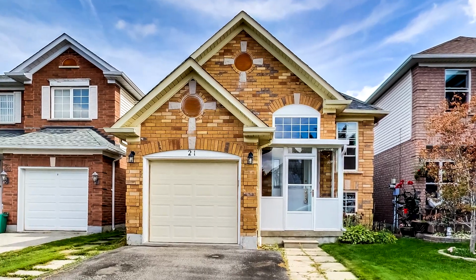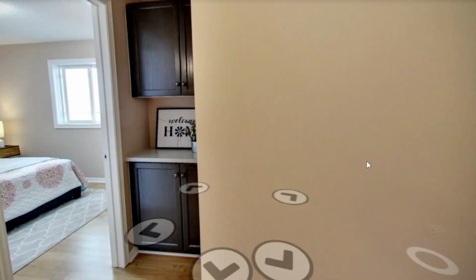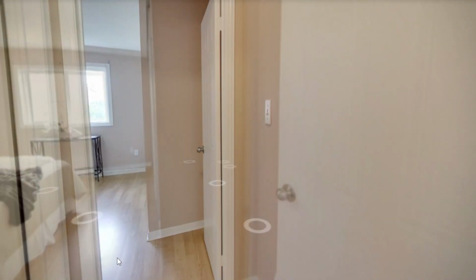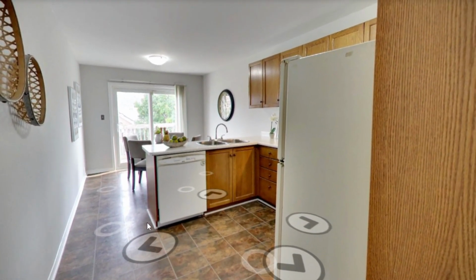Another common home type that's similar is a raised bungalow. A raised bungalow is exactly what it sounds like. Everything is all on one floor like a bungalow, but it's raised, so when you walk in the home, there are stairs up to the main floor. It can possess similar benefits to a bungalow, but the main differences are that they don't work as well for seniors or those that prefer little to no stairs because of the stairs from the foyer area up to the